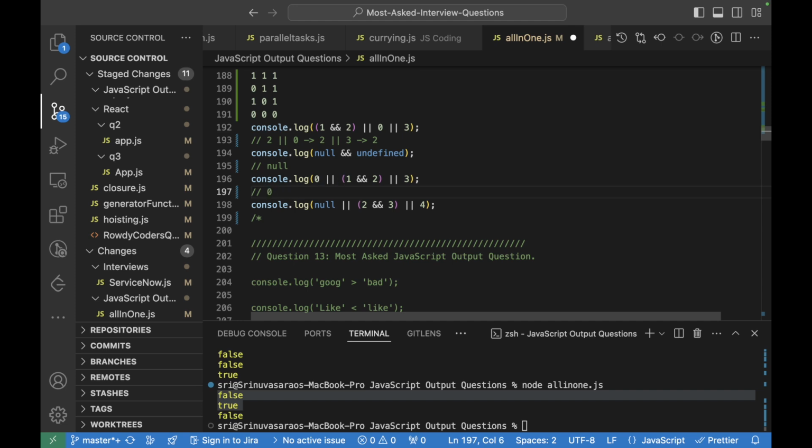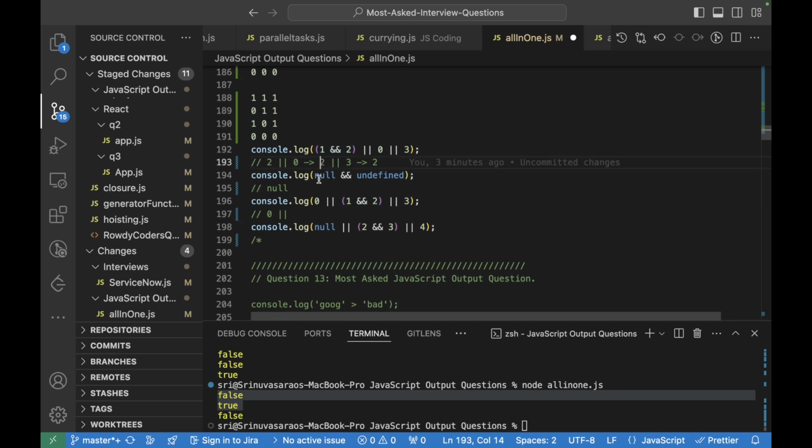When it comes to this, 0 or 0 or 1 and then 2 will give 2, right? So this is 2 here, and 0 or 2 will be positive itself, and it will pick the second one, 2. When compared with 3 again, it is truthy, so it will give 2 here again.